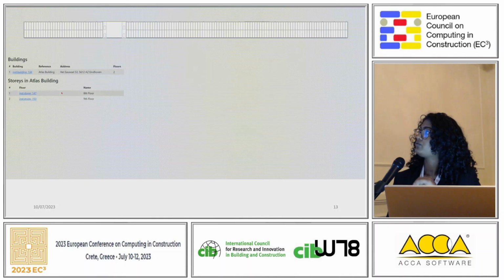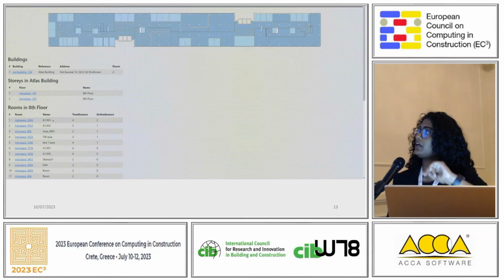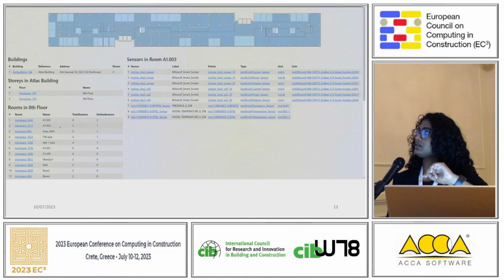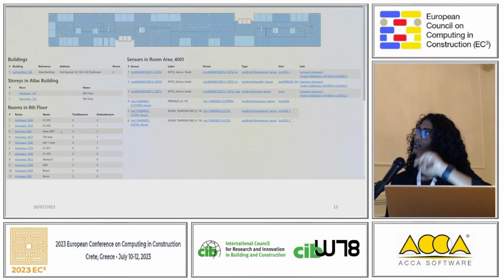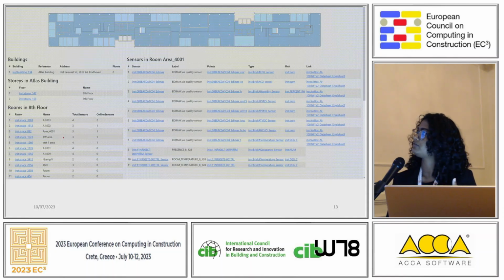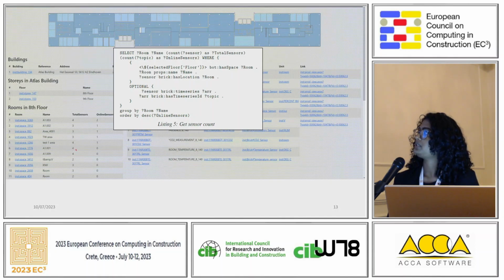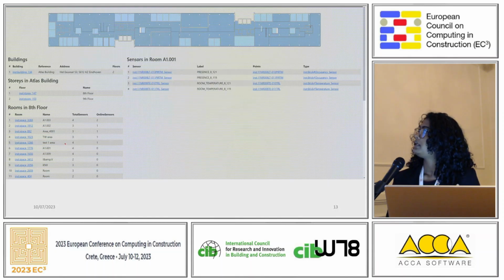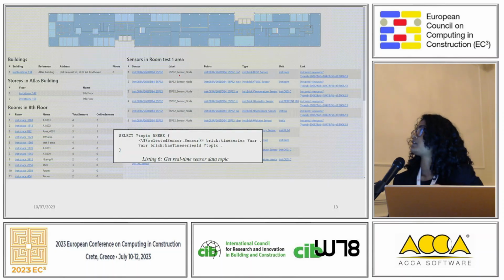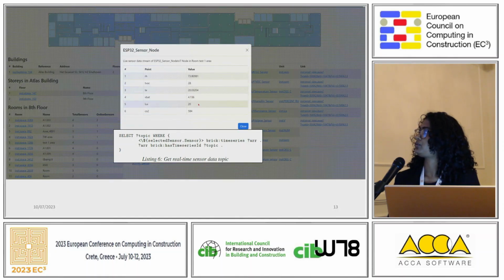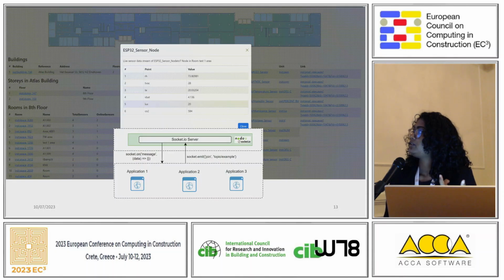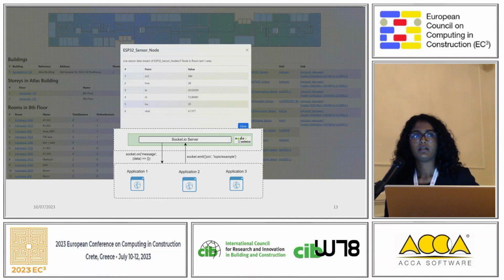So first it queries for all the buildings in the graph, and then we have one building, Atlas, and then it queries, given the building, what are the floors, and if we click on a floor, we get all the rooms of that particular floor. And this is the SPARQL query that runs behind, so you get all the rooms and the sensors associated with them. And then when you click on a sensor of your choice, you get the real-time stream ID. And then you use that real-time stream ID to connect to the real-time data server. In this case, we implemented a Socket.io server, and then you get the real-time data of that particular sensor.